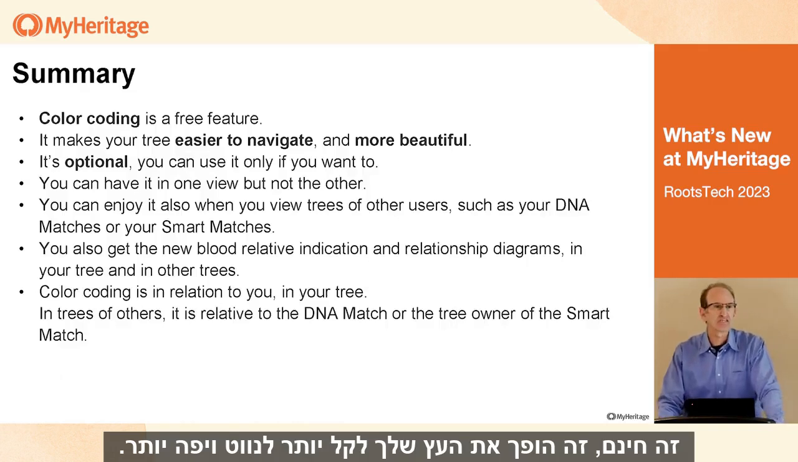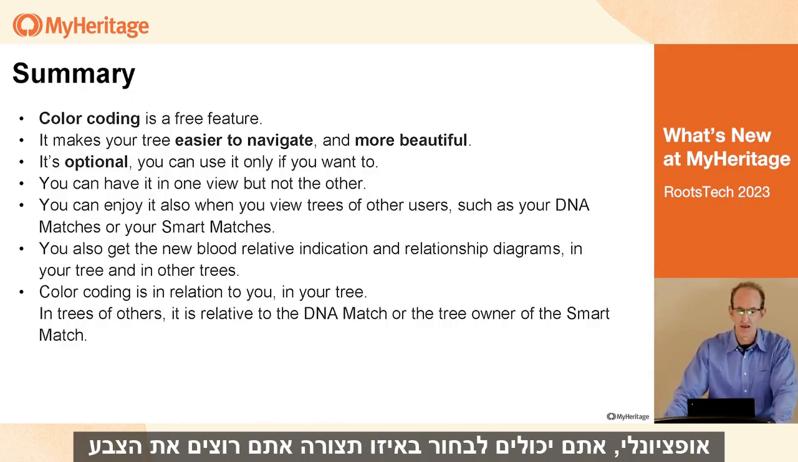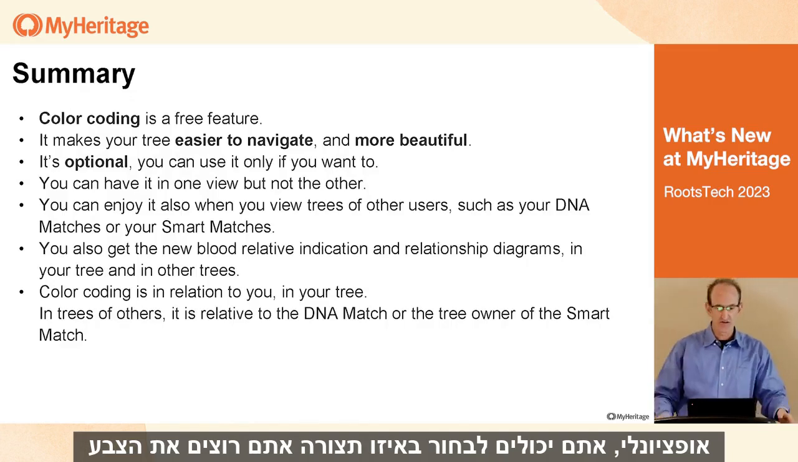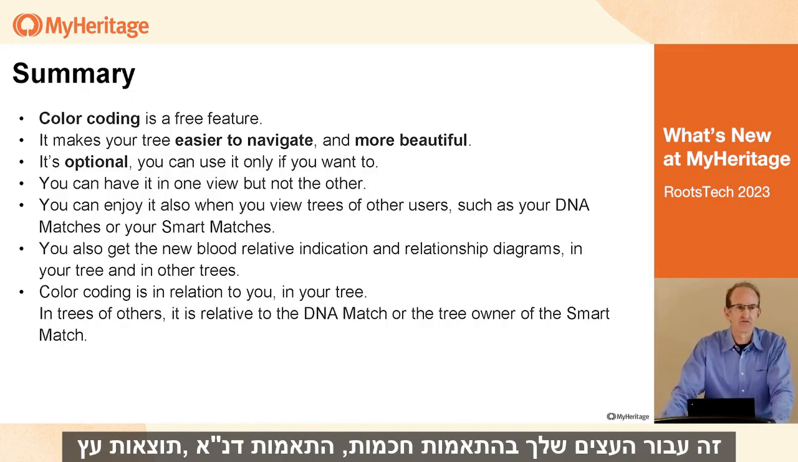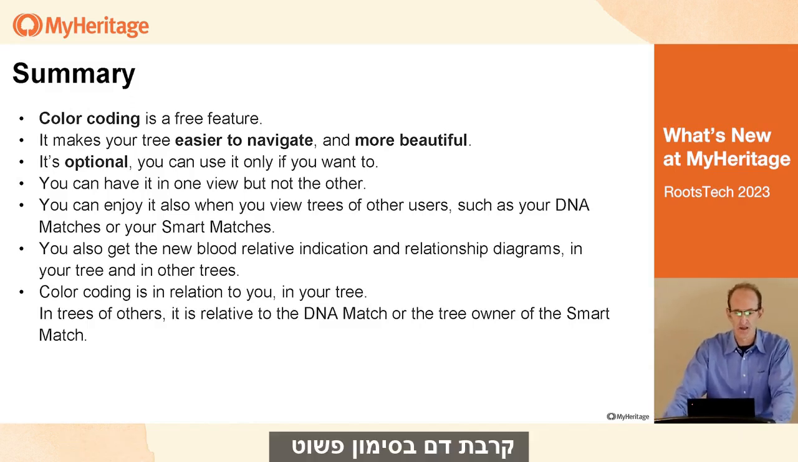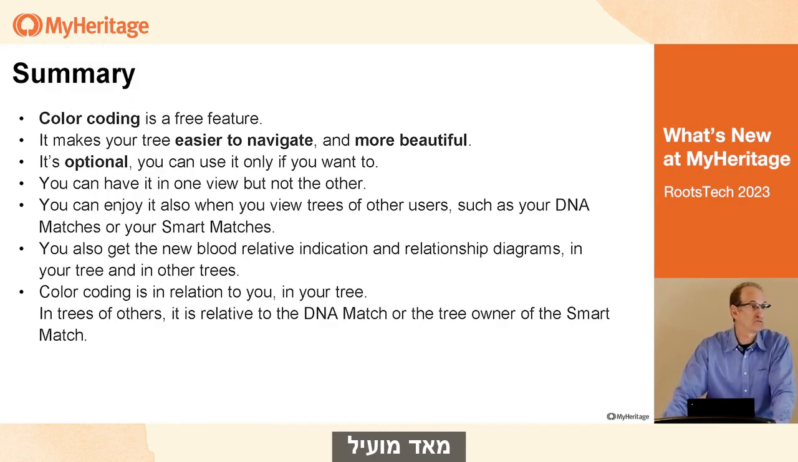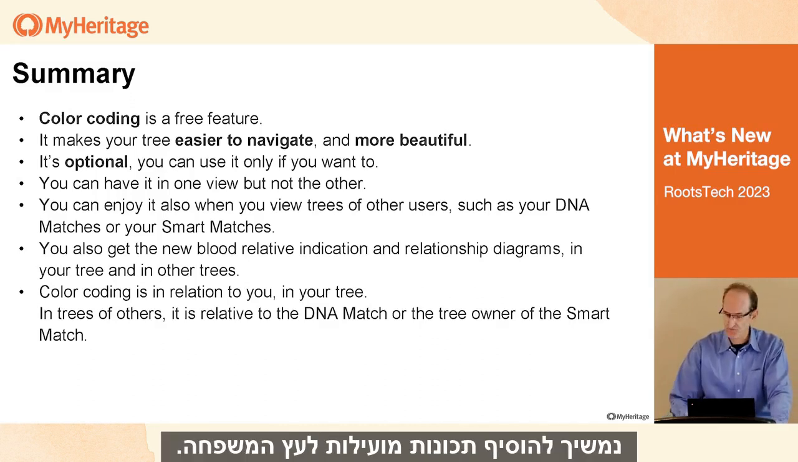It's free. It makes your tree easier to navigate and more beautiful. Optional. You can have it in one of the views and not the other. It's for your trees, smart matches, DNA matches, tree results, blood relative indication, and just something useful. And we will keep adding useful features for family